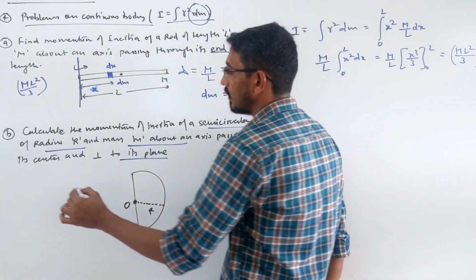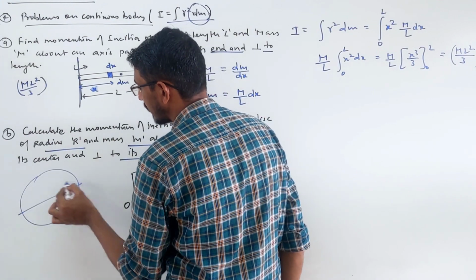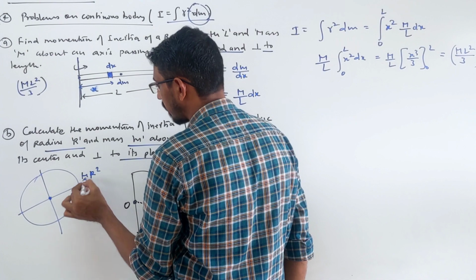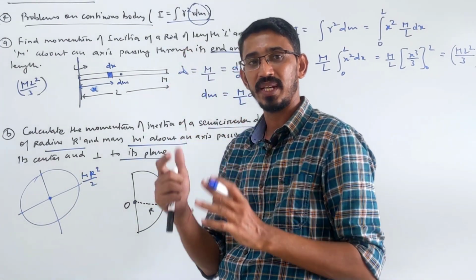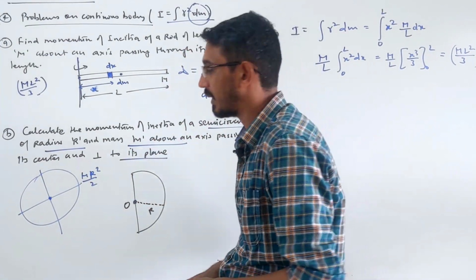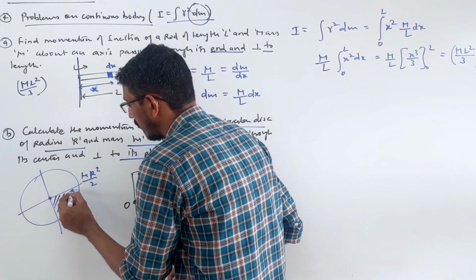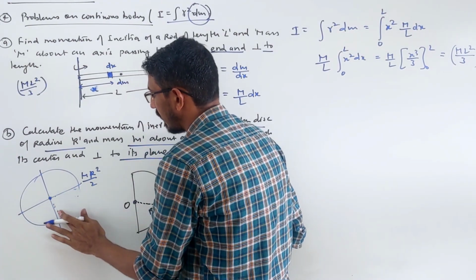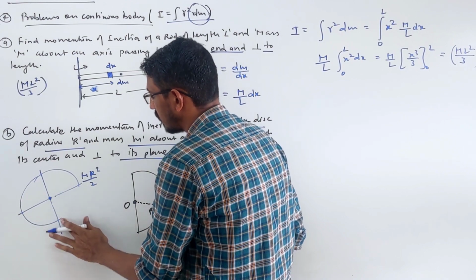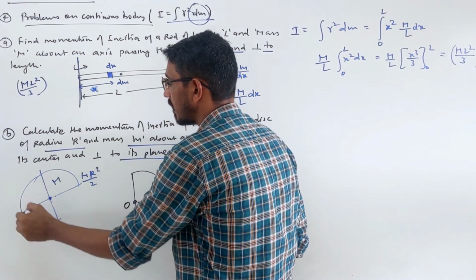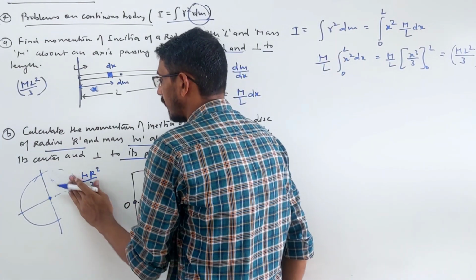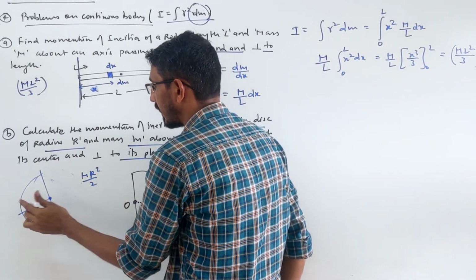Already I told you, suppose this is a disc. The inertia about this point is mr square by 2. Then I said if you cut it symmetrically, these values will not be affected. Suppose you cut and remove this sector, then even if this part is not there, the answer will still be the same. If the mass of the remaining part is m, then the answer is mr square by 2 only. Even if you remove that much part and say the mass is m.